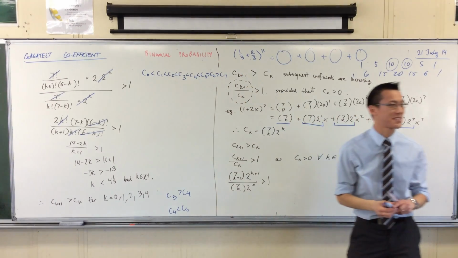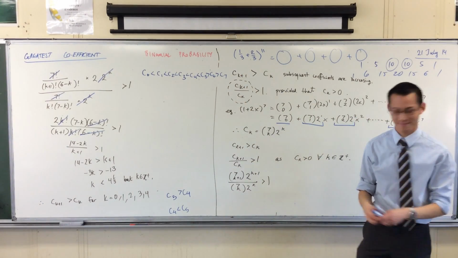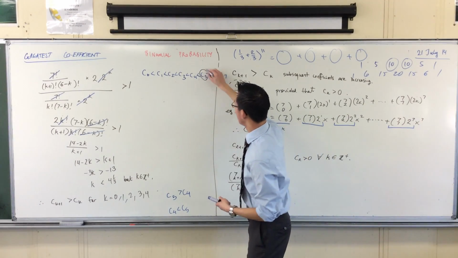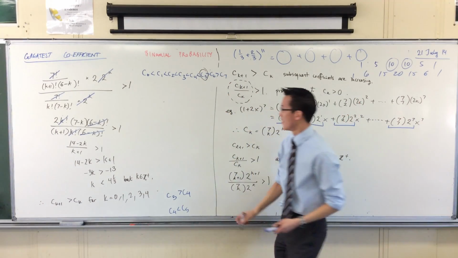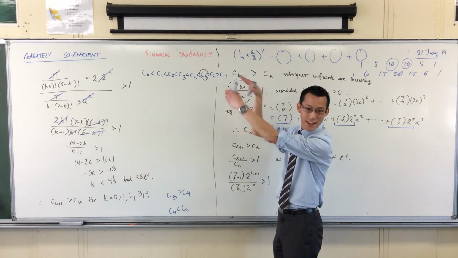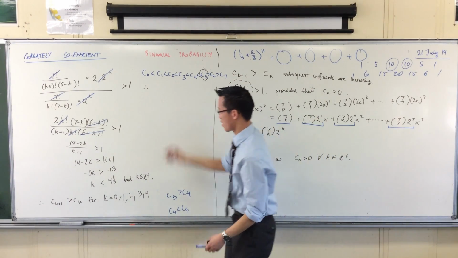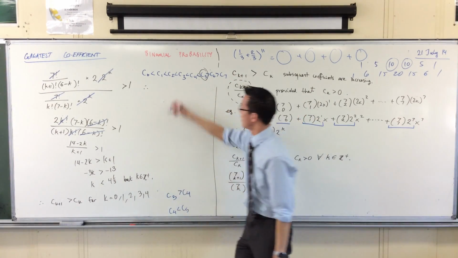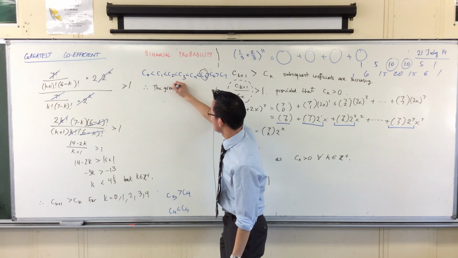Which one's the biggest coefficient? C5. There he is. He's at the top of the mountain, if you like. Sorry, I've run out of space, but you would keep going down. The greatest coefficient is